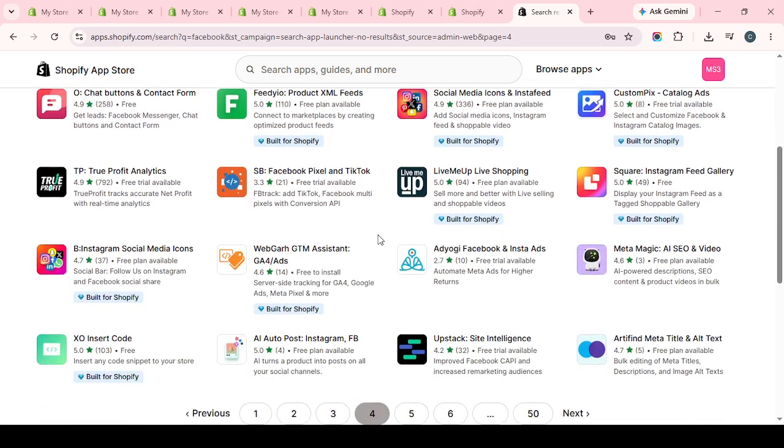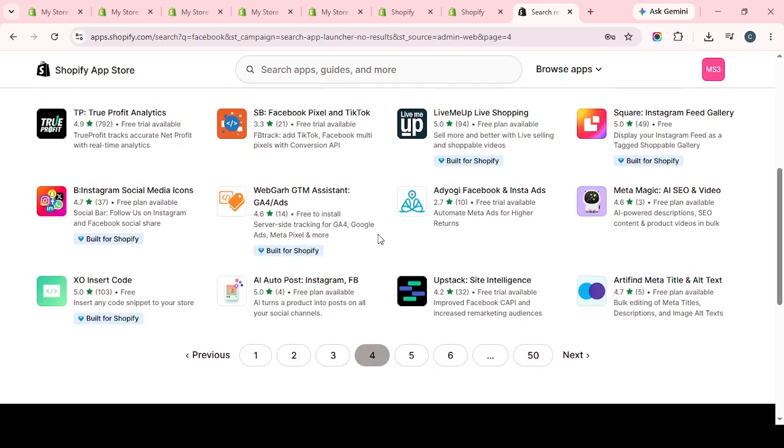This step generates the app's secure, private admin API access token credential. Treat this token like a password because it provides access to your store based on the scopes you approved. Store it securely, avoid sharing it unnecessarily, and make sure it's only used in trusted systems or environments. And that's it. You've successfully created a custom app, configured its admin